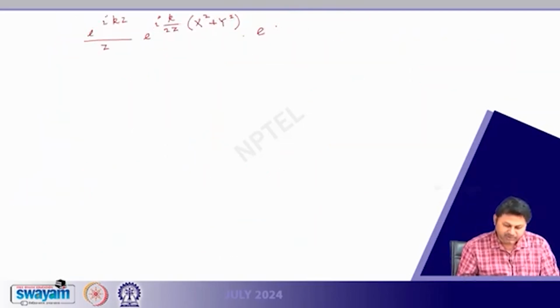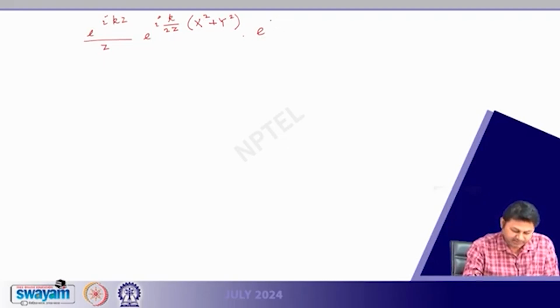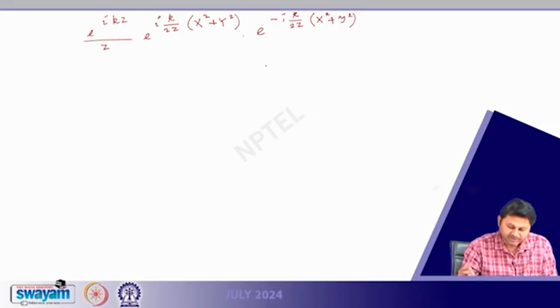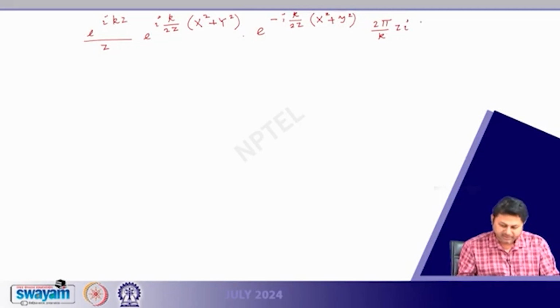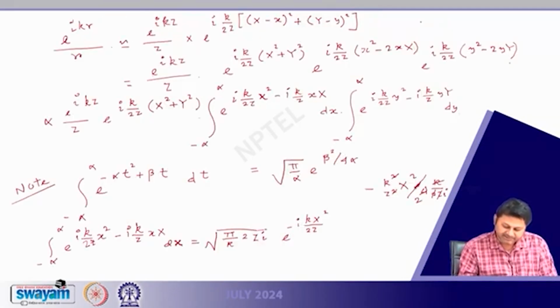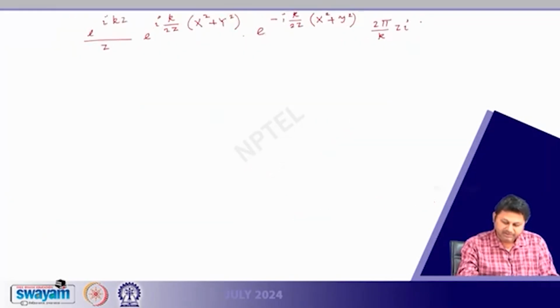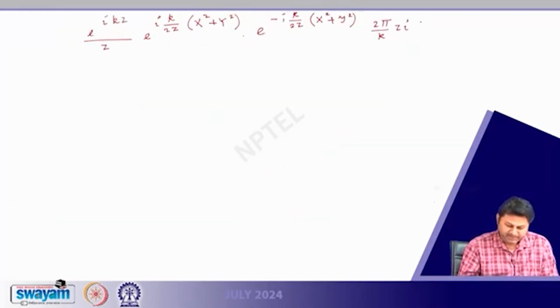So, if I put these two terms together, we will get a very interesting looking term, and that is minus of i k of k divided by 2z big X square plus y square, exactly the same term that we had here, but with a negative sign. So, this will cancel out, and then multiplication of 2 pi divided by k z i, that we can get from the first term. It was root over of this thing. So, for x and for y, this same term will come, pi divided by k 2zi. So, this root over will no longer be there, because two same terms will come from x and y integral, and that is equal to,